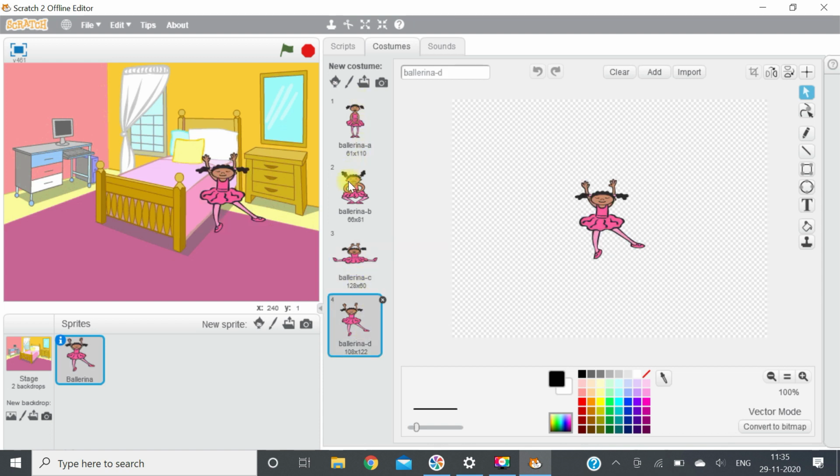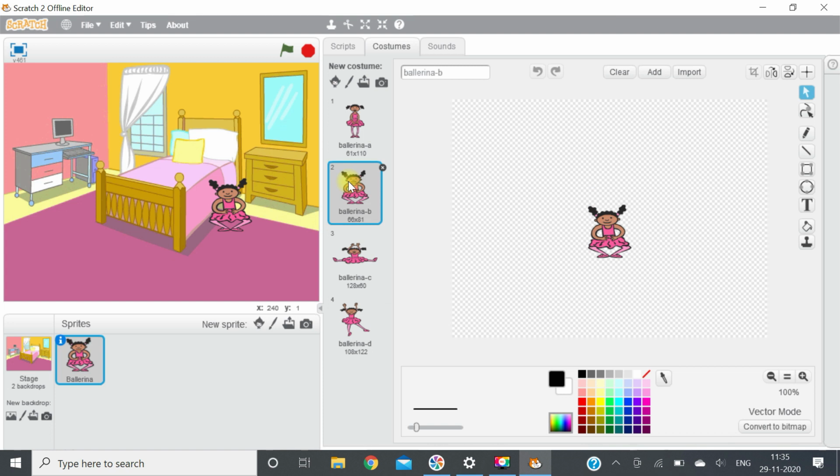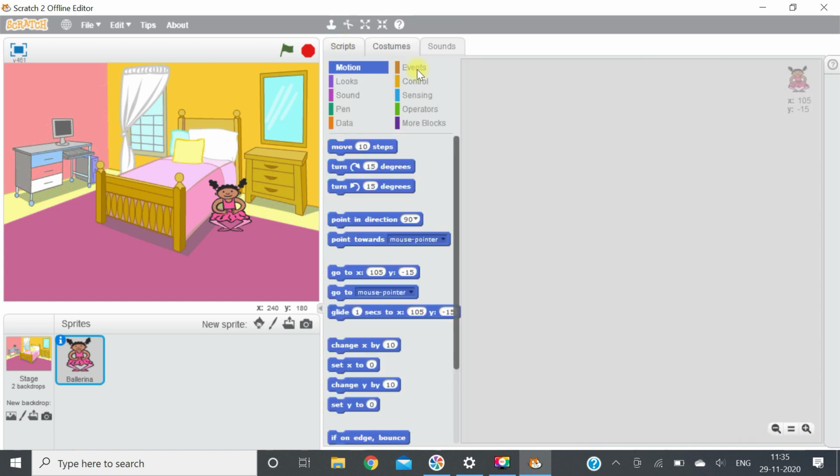You can use another way from coding. First we will go to the script. Now if you want that when I press any key, it can be space bar, it can be arrow key or any key, on pressing suppose right arrow key, you want to change its costume.